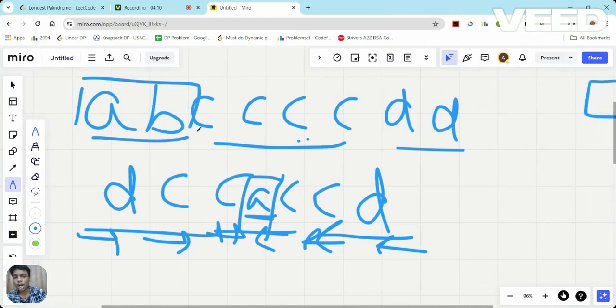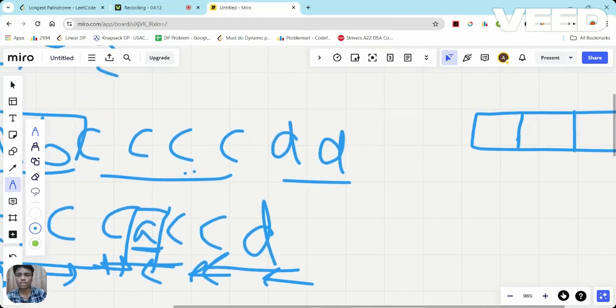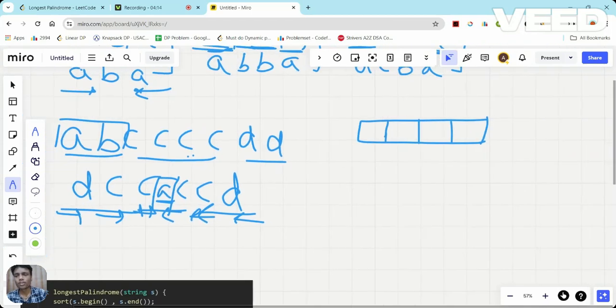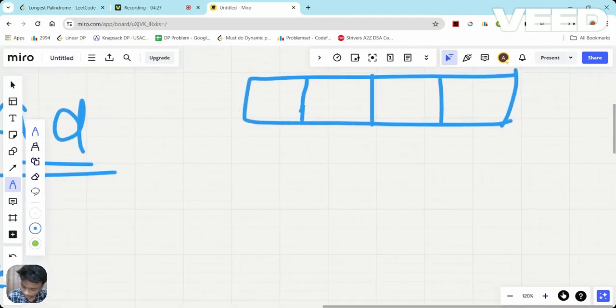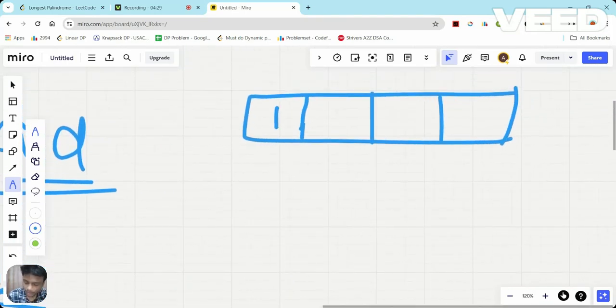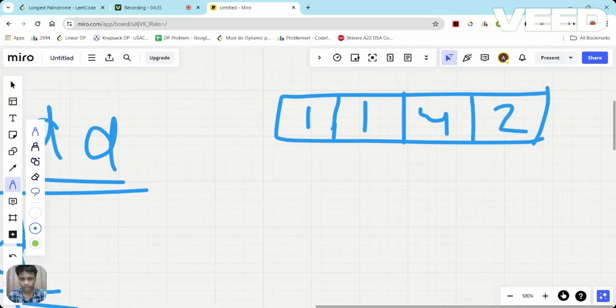Now, how am I going to approach this problem basically? First of all, we are given a string. If somehow I can find the frequency of each character in that string, we know the frequency of A is 1, frequency of B is also 1, frequency of C is 4, frequency of D is 2.